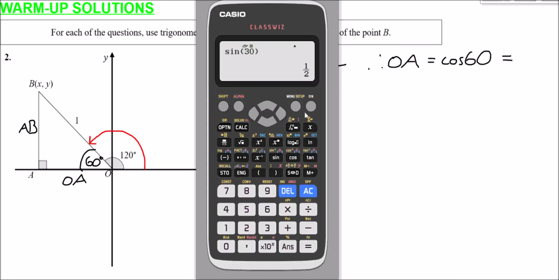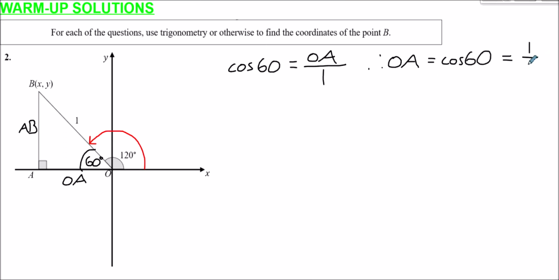And again, feel free to use your calculator to work this one out. So cos 60 gives us a value of 1/2. So this length is 1/2. That tells us that this value here, where A is, will actually be negative 1/2. The size of OA is 1/2. The actual A, though, is -1/2. So there's a difference between the magnitude and the value. Magnitude is always positive. This value here, though, of A happens to be a negative because it's in the negative